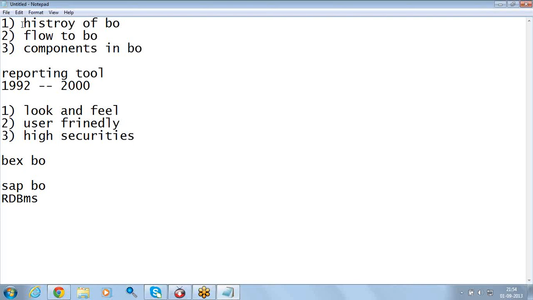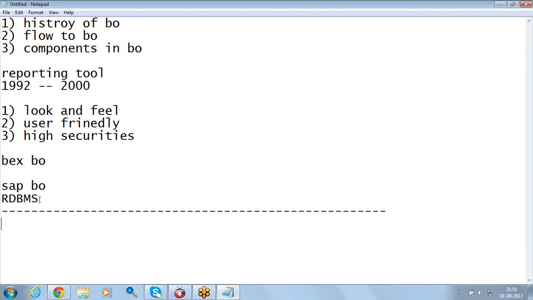One thing here is that when you are working with business objects with RDBMS, there are many more responsibilities for the developer role. When it comes to SAP business objects, it's very simple. So this is all about the history of business objects.